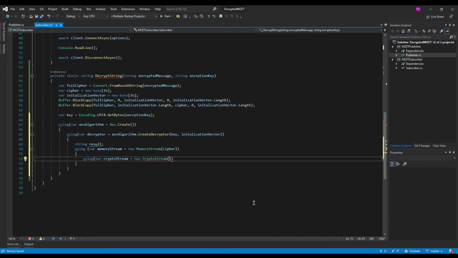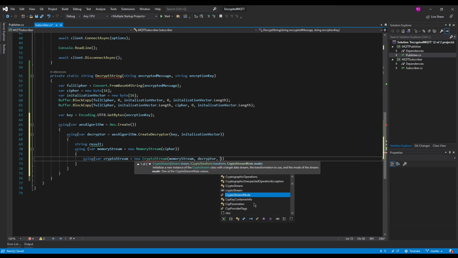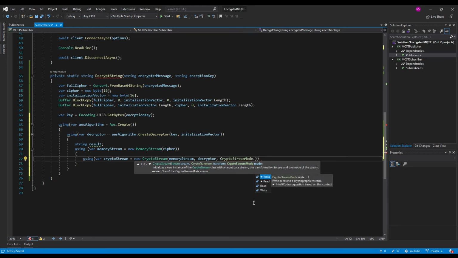Crypto stream will accept multiple parameters, first of which will be the instance of memory stream itself, post which it will require a decryptor, and in this case the stream mode will be read.